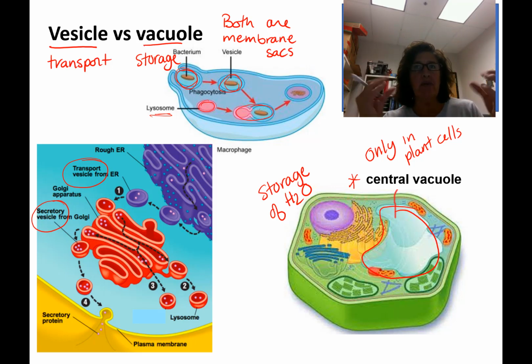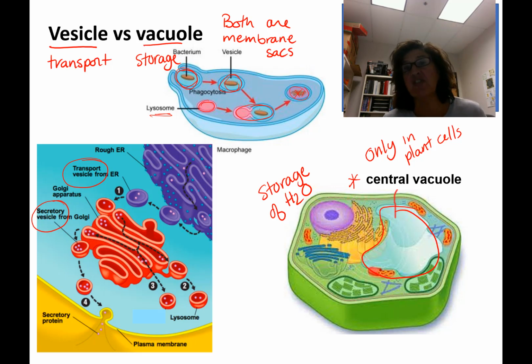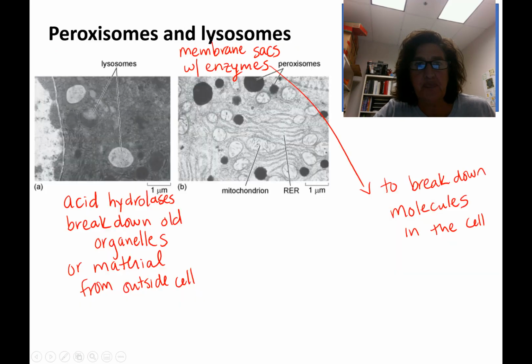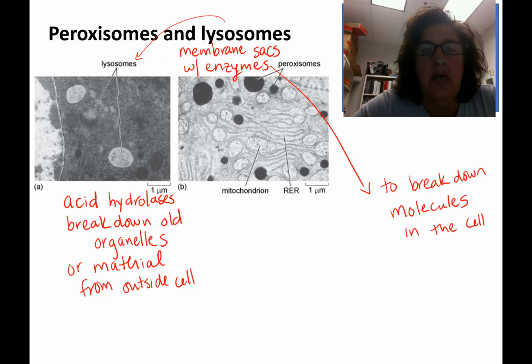Remember I told you all these membranes, just like bread dough, Play-Doh, can mush together. And now you're digesting this bacteria into all the little pieces. So you're destroying it, saving your body, and then you can reuse parts of it. That's a lysosome. A peroxisome works in detoxification,